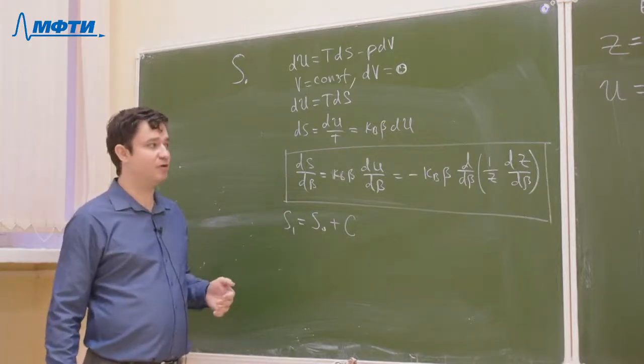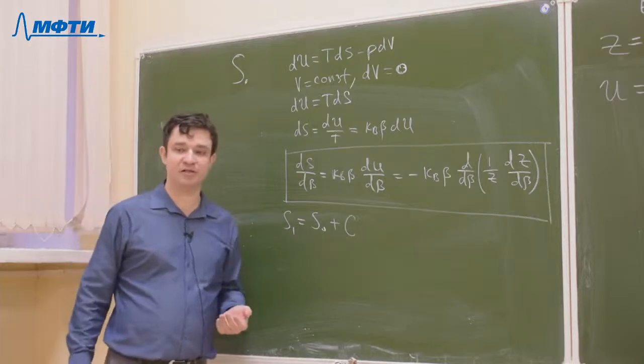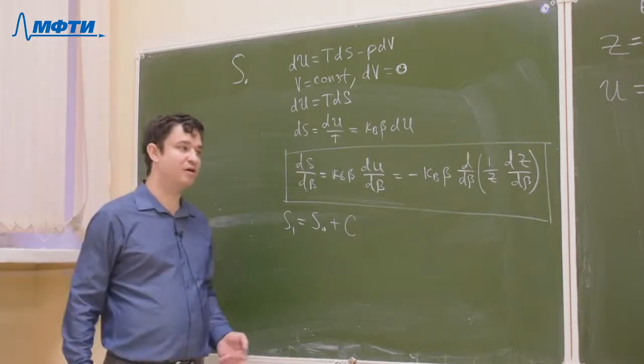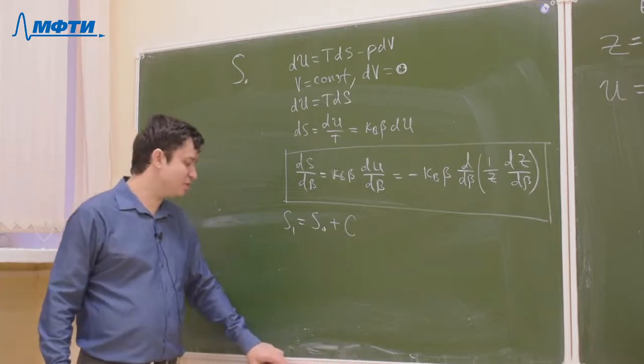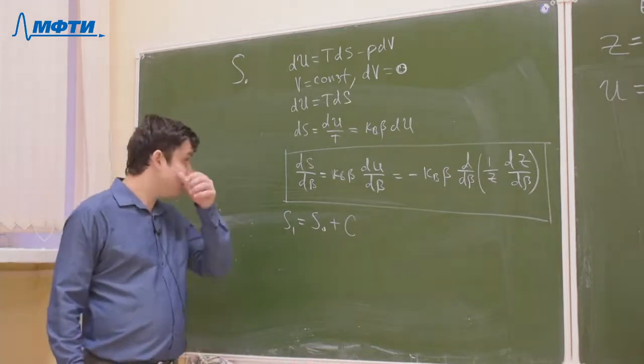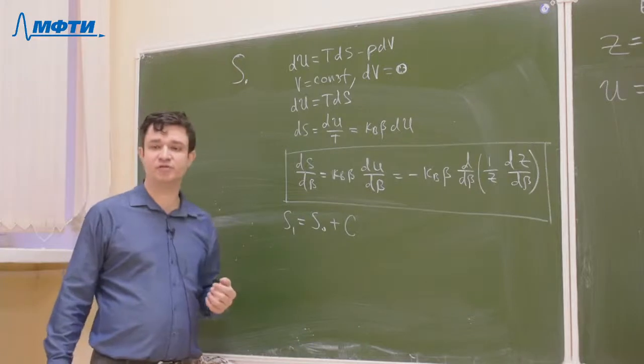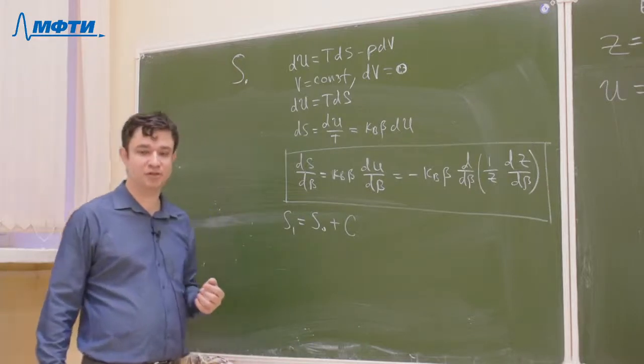So that's a difficulty. That means that entropy is not a completely defined value, but there are certain principles which allow you to choose one of the quantities over the others. And